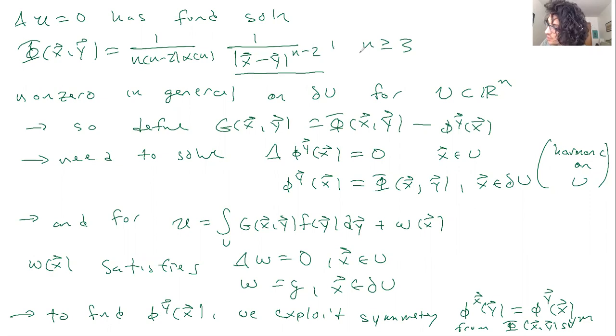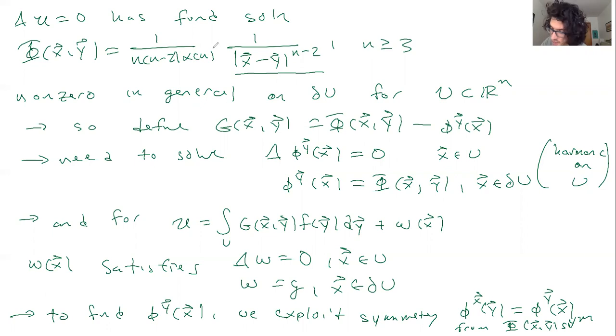So when n is greater than or equal to 3, this whole thing is going to scale like epsilon. Then when you have the logarithmic solution for n equals 2, this part is going to scale like log,